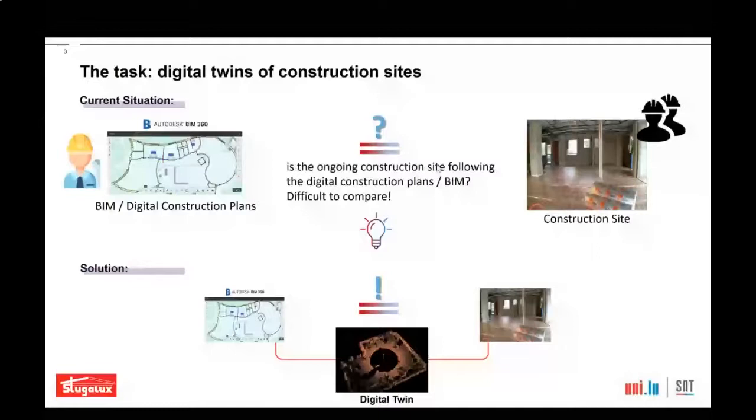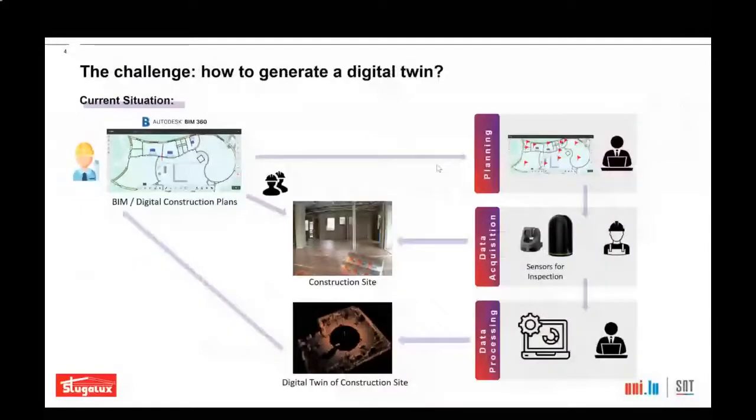And this is really difficult, as everybody who has done it already knows. The idea here is to fuse the information from the digital construction plans from the BIM and the 3D scans from the construction sites, and to fuse that into a digital twin. And as Joël was already saying, currently this is the first idea to do that. The core of that is to use, as you can see here on the right-hand side, laser scanners for the 3D point cloud generation on the construction site.